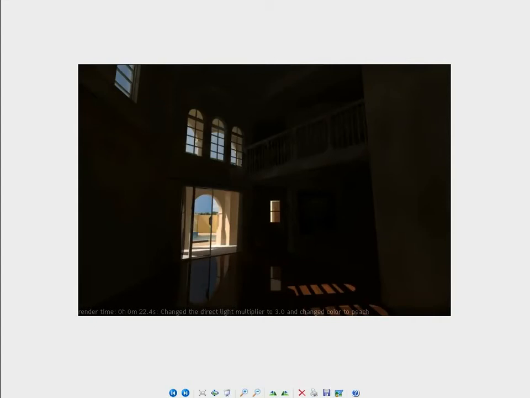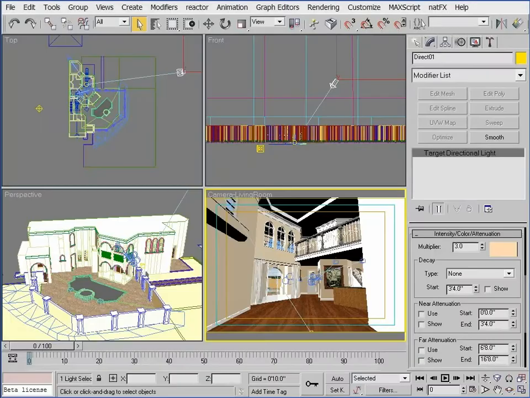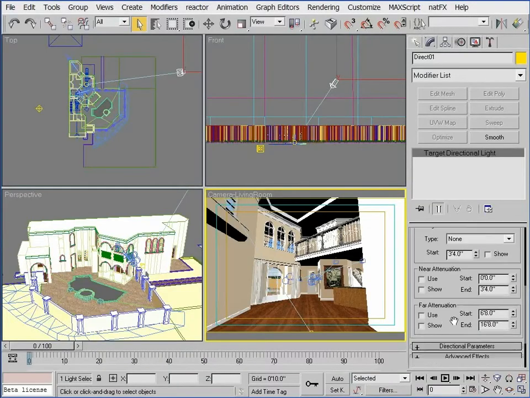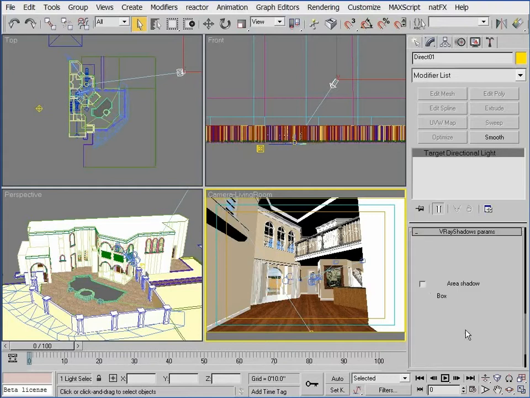For the interior part of my scene, the first thing that jumps out to me as being unrealistic, besides the lack of illumination, of course, it's very dark, the first thing that stands out is the sharpness of the shadows created by the mullions in the windows here. And the best way to fix this is to enable area shadows. So with the sun still selected, I'll enable area shadows,